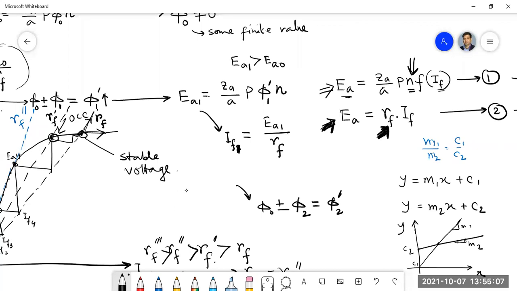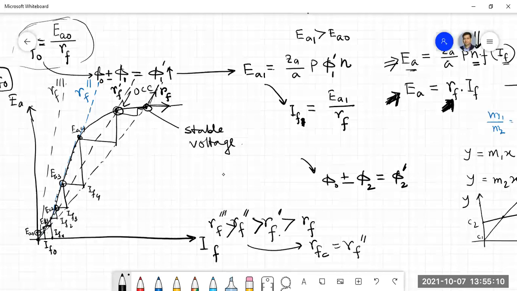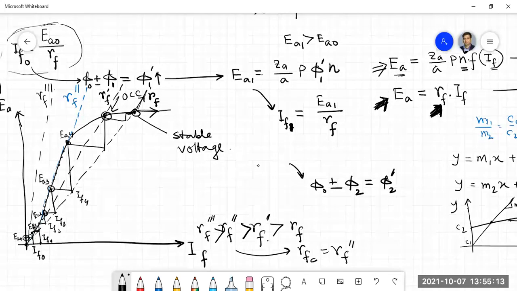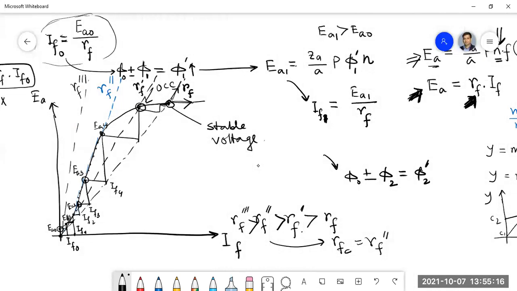The speed of the machine will change. So what will happen? If the speed of the machine changes, for open circuit, what was the speed? In the last class I mentioned that it is the rated speed of the machine, the nameplate speed. Suppose at the nameplate it is mentioned that the rated speed is 1150 rpm. For example, 1150 rpm. So for open circuit characteristics, the speed will be 1150 rpm only. So that is the rated speed.